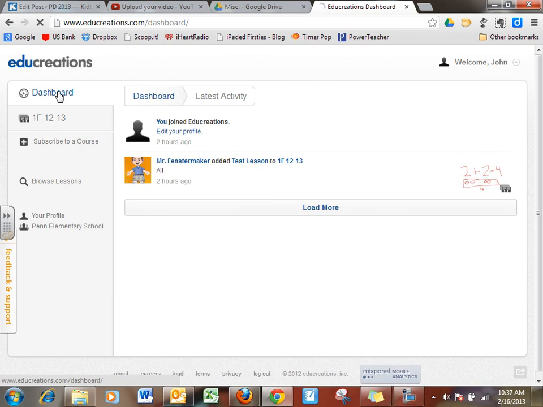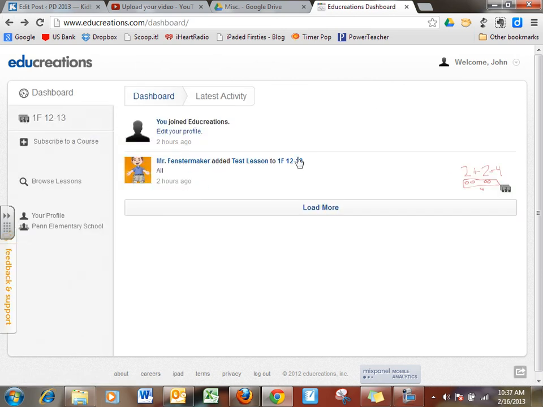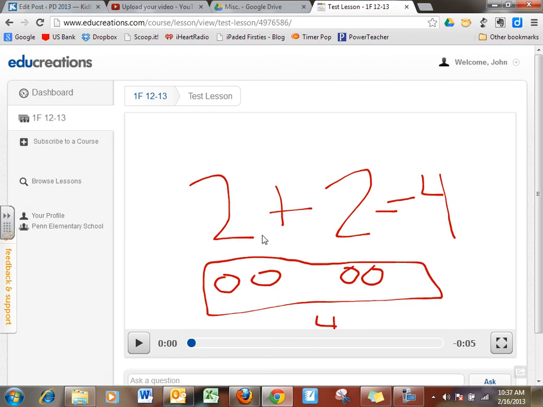If I click on dashboard as the student, you can see it shows me all of the options as far as the latest activity with this. If I click on John's name as far as welcome John, John can actually create his own lesson. So let's say that after watching my test lesson, the student saw 2 plus 2, and I told him that his assignment was to show me another addition problem